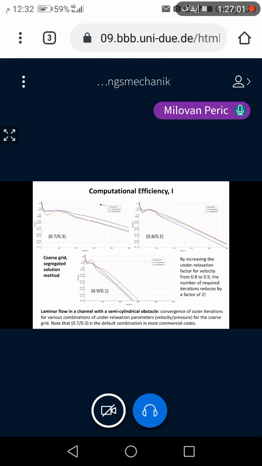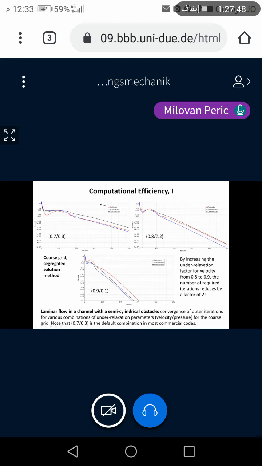Many codes have default under-relaxation factors, 0.7 for velocities, 0.3 for pressure. And if you use the so-called segregated solution method, it starts as in Star-CCM+, and you would see this behavior for one grid. The 0.7, 0.3 combination for pressure and velocity has some initial quick decrease in the residuals, then a flat part, and then later a decrease at a constant rate, but it will take long to reduce the residuals. Okay, so in this picture we dropped the residuals almost to 10 to the minus 4, though this is sufficient, but